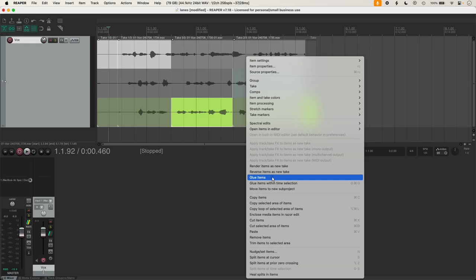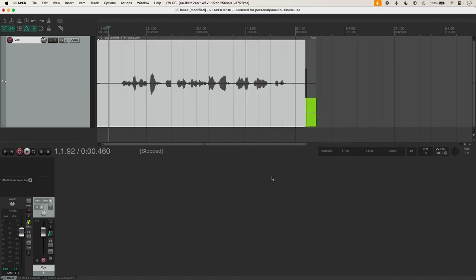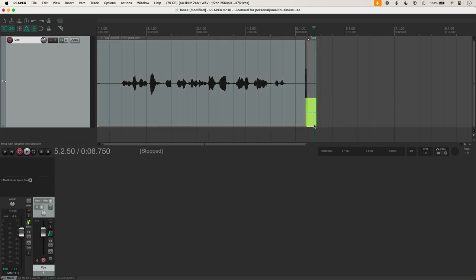So it's going to glue my selected items and create a new audio file with them. This is the first take, number 3, this is the third, number 2. Okay, first, the third, and number 2. And that's it. You can, of course, delete everything that you don't want, in this case, these little pieces, but